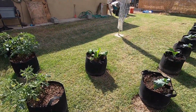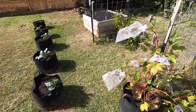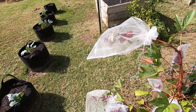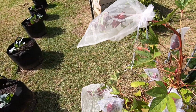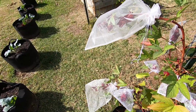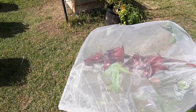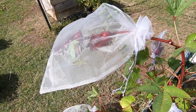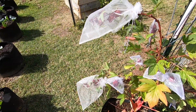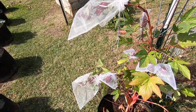Okay, so these are more transplants that I got. Now this one is the one that I'm really excited about, and I'm hoping that this is going to be my major seed share. And everything's covered up in bags because I noticed yesterday that a lot of them had aphids on them, and you can still see there's an ant right there trying to get in. So my theory is, one, I can't spray them off every day because the seeds are never going to dry. So I sprayed them off really good today, and then I bagged them,